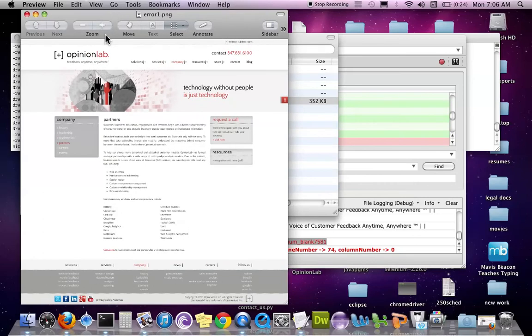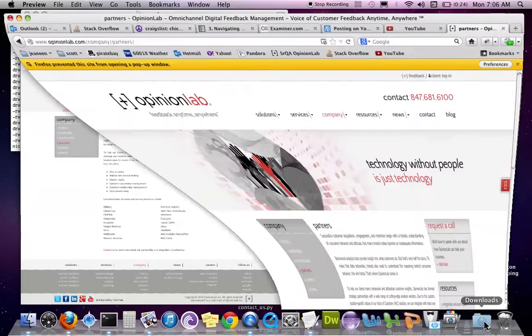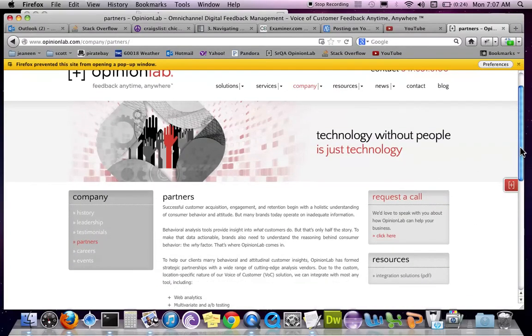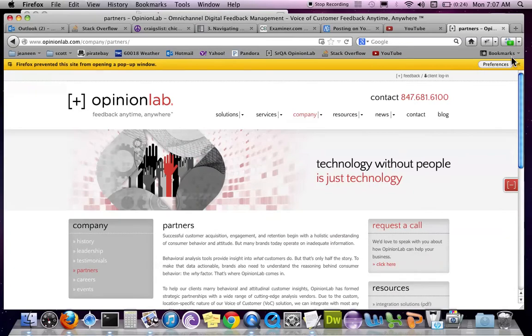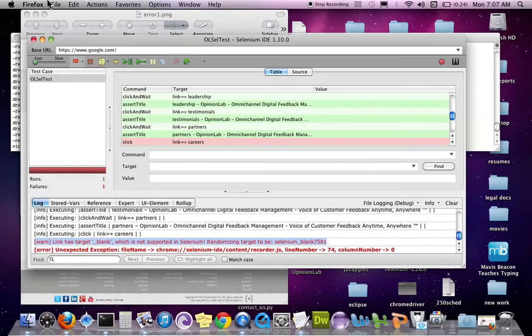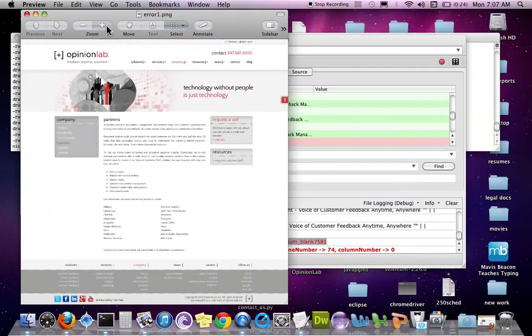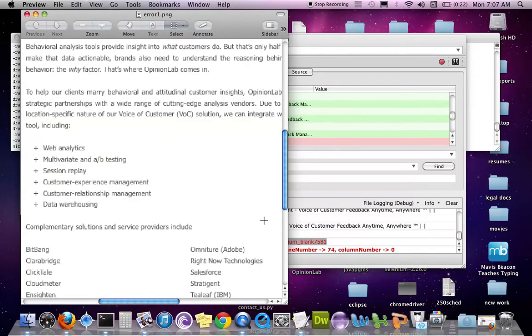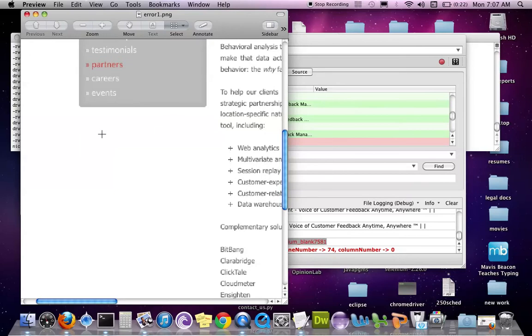When you do a ping, a screenshot, it's always going to capture the entire web page, whereas if you remember the real one, you're constricted by the size of your screen, but you can do the scroll bar. So here it is, and again, obviously you can make it larger, but you'll see that the issue was when